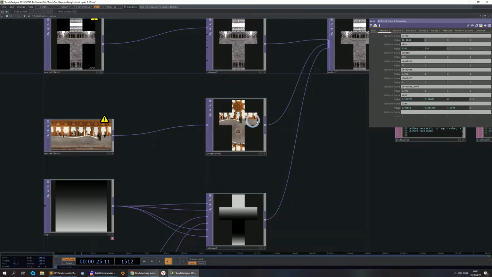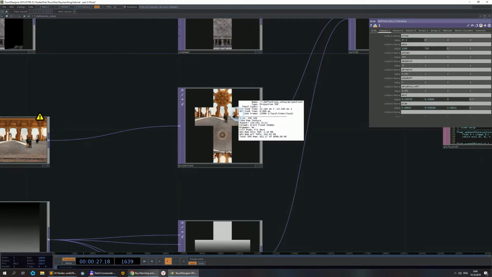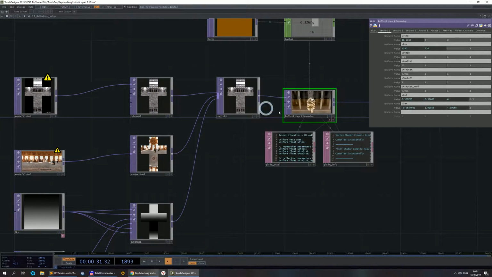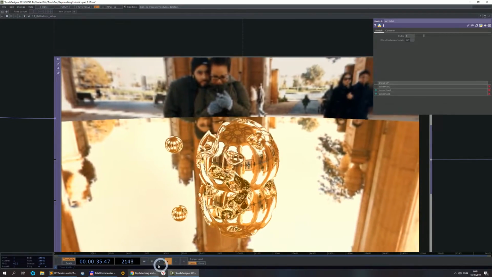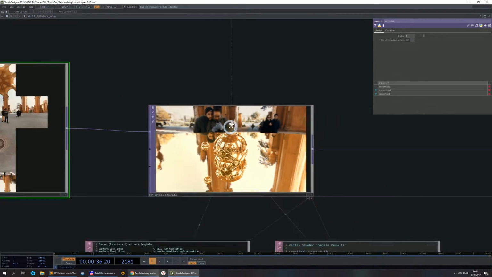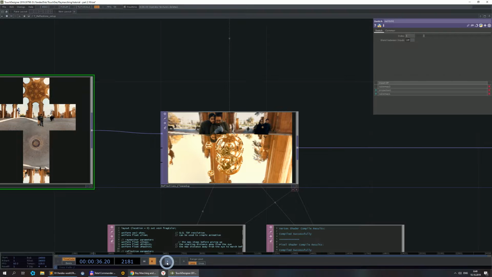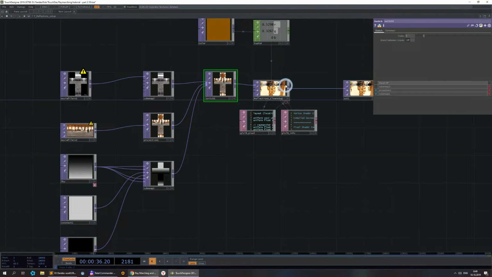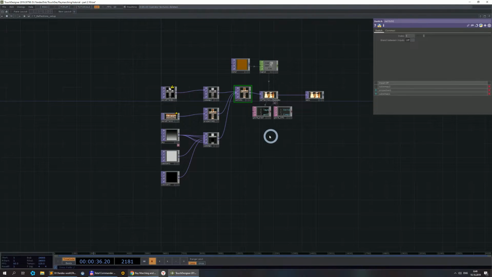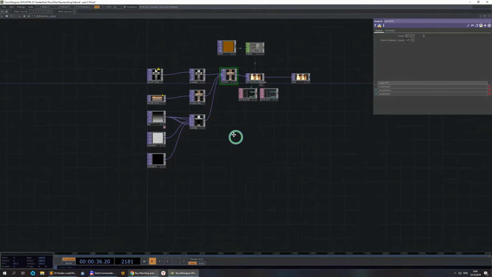This means that our cube mapping would be quite low resolution, and here you can see how it's all pixelated. So how to deal with it? One way is to use the commercial version of TouchDesigner, and another way is to